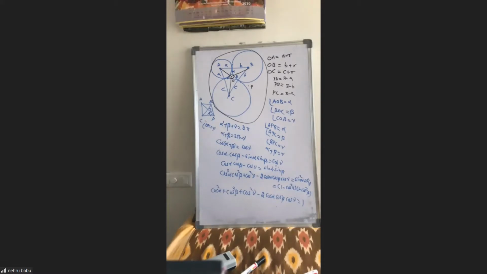Yes, sir. Correct. I use tan, sir, like tan alpha beta. We know all the half angle formulas. So directly you are using the tan result. Yes. Tan alpha by 2 plus tan beta by 2 plus tan gamma by 2 equal to tan alpha by 2 into tan beta by 2 into tan gamma by 2.